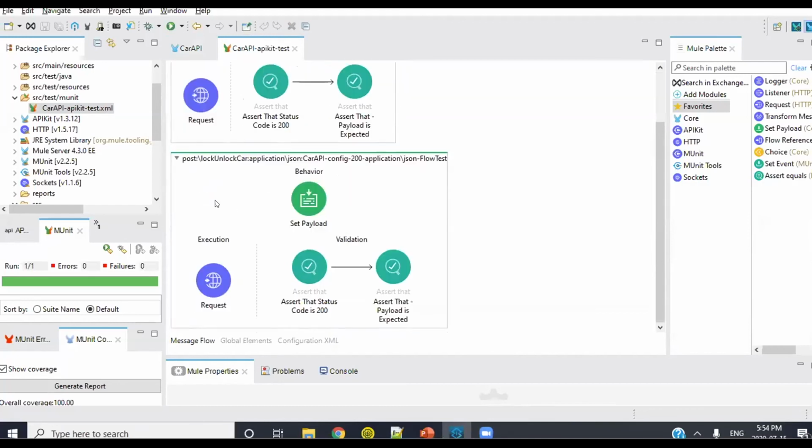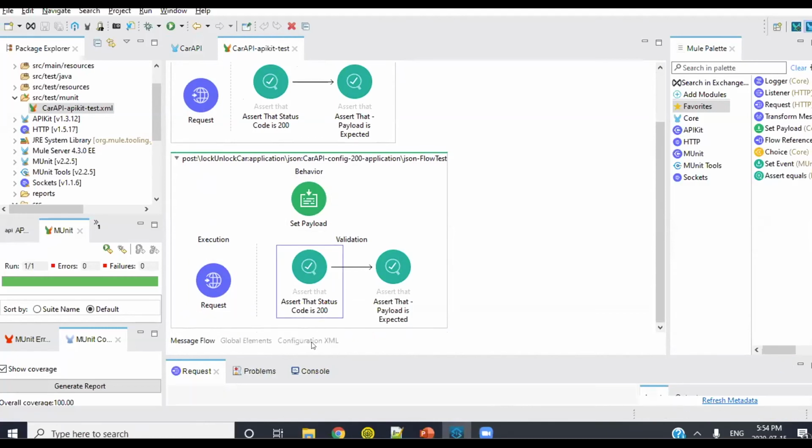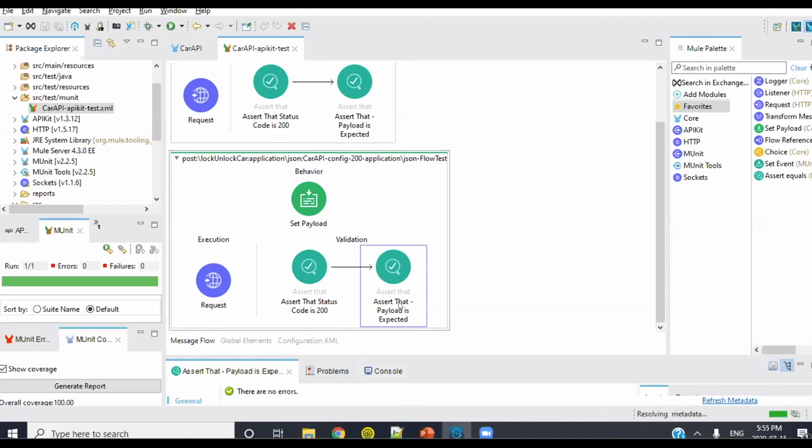In the execution part, it will receive the HTTP request, and under the validation, it is validating whether you are getting the success HTTP code or not, and the assert will verify what the expected result is.